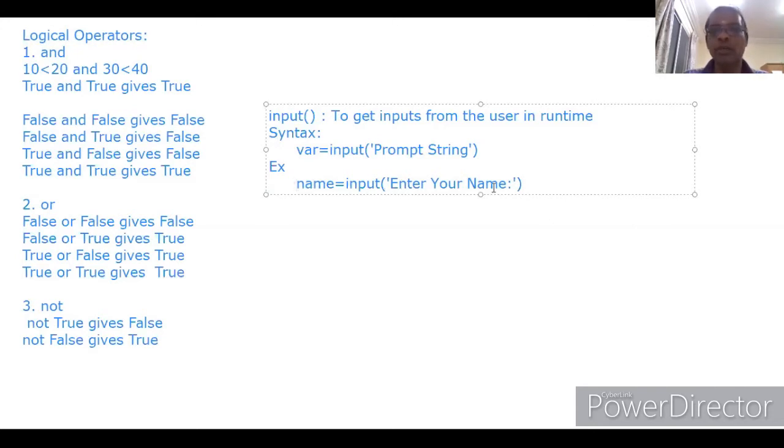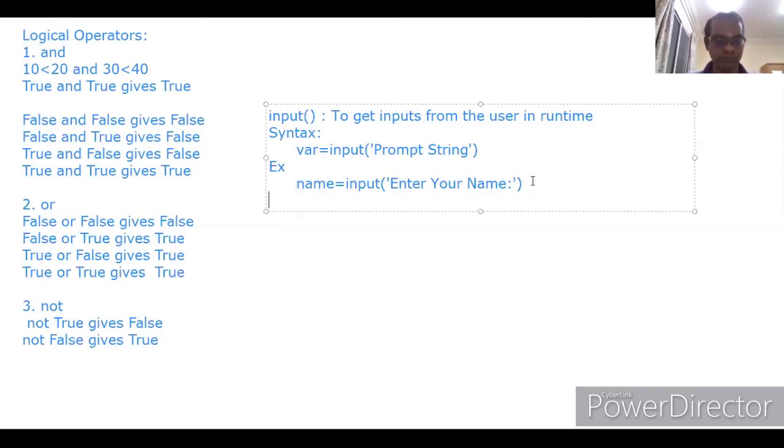"Enter your name" is a prompt string. That should be entered within a string. So when the input is running, the program waits or asks with the text "Enter your name" in the Python prompt. So you have to type any one value. That value will be stored into name.